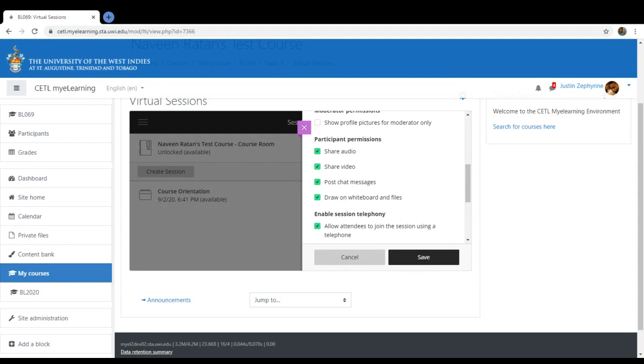Now, the thing with this part is that you could tweak these settings even in advance. Yeah? You could set it in advance now, and even when the session has begun. Let's say during the session you realize it's becoming distracting because students are only drawing on the whiteboard or on the file, on the slideshow and so on. Then you can disallow it in the session. All right. So I just wanted to show you.